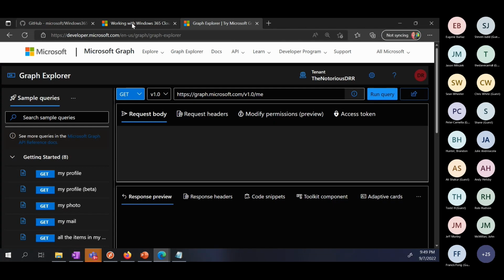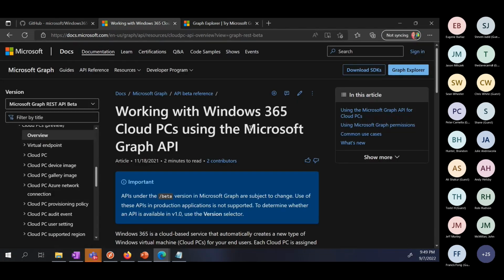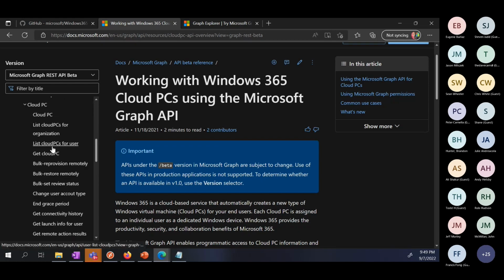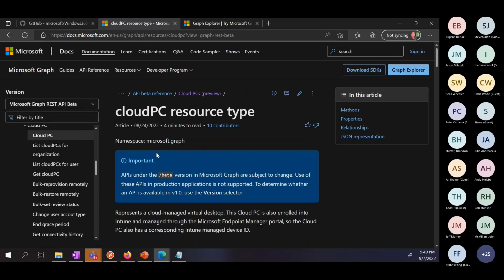All right. There's an excellent doc on the Windows 365 Graph API. Everything that we've got in the UI has a Graph API tied to it. So everything that you've seen in the console, you can do with Graph. Full stop. It's just that simple. And the docs are fantastic because we can go ahead and see, okay, let's look at, I want to list all the Cloud PCs.